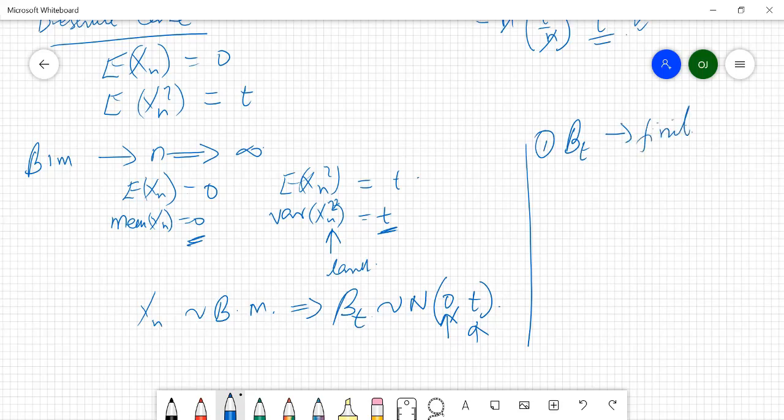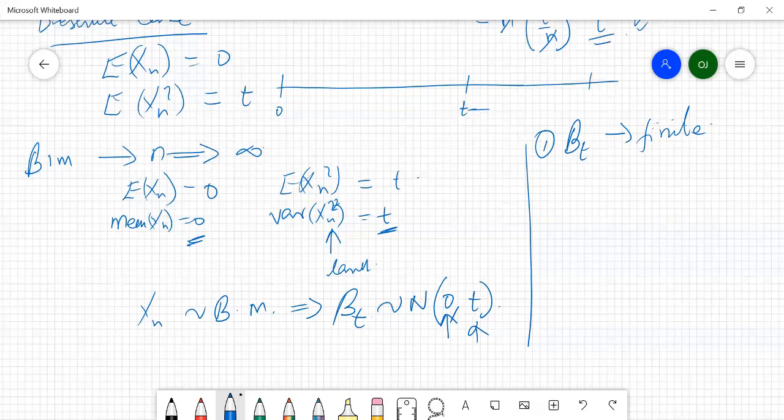Yes. Finite. Why? Because it doesn't change to infinity over all values of t. So it doesn't matter how much time you are having. Even if I increase this time to almost infinity, that our t is equal to infinity,